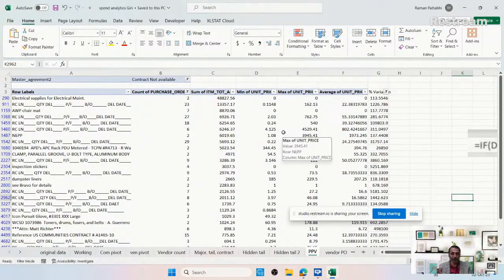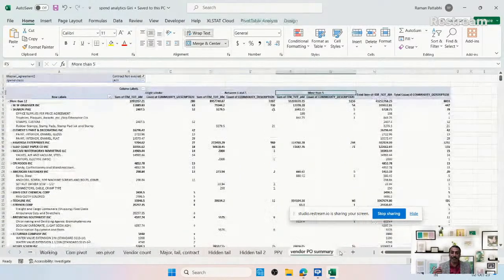You can see some of the working out here. We are trying to find out what is the minimum value of such an item and maximum value, and what is the variance. Of course, this gives a lot of information for optimization and rationalization of the vendor. And also we can find out